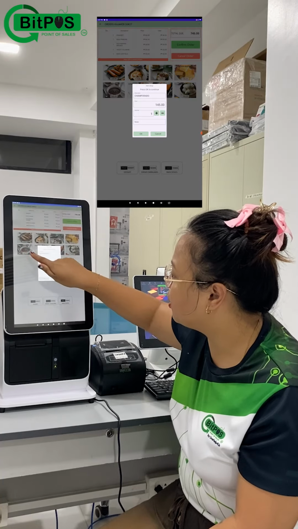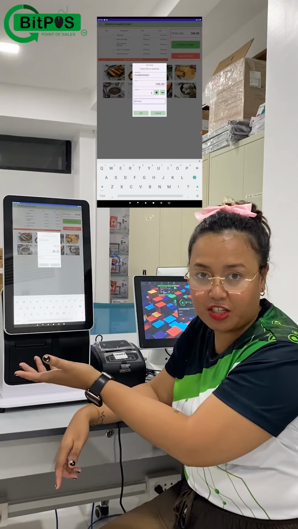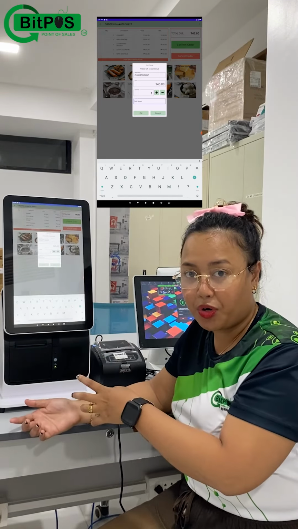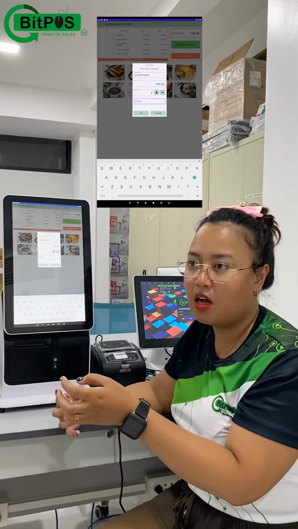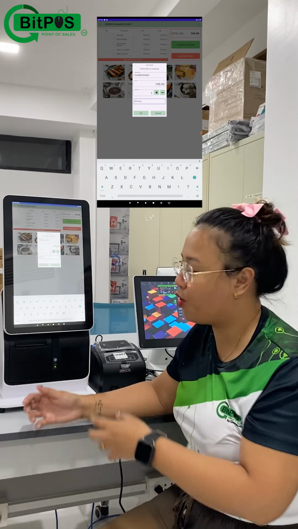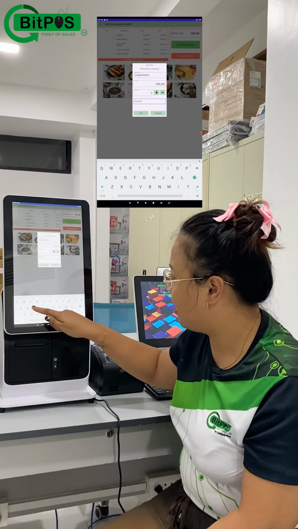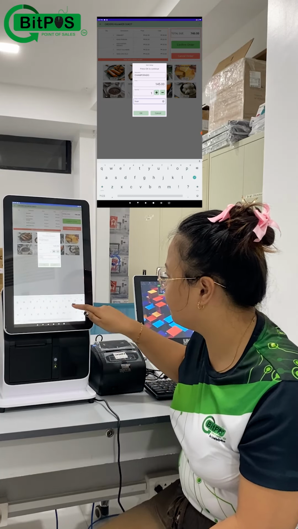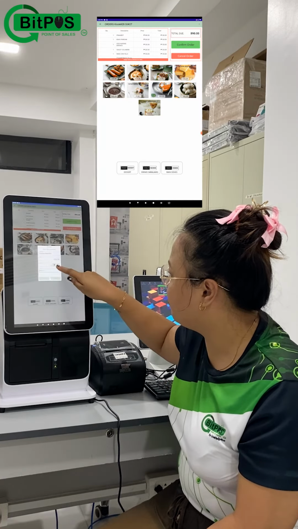And you have an option to key in a note that will get printed out as well in your order slip. Probably if you have allergies or if you want to modify your orders, adding something like sugar levels or level of spiciness, you can do that here in the system. So here I am going to input sugar, please. And then tap OK. Next, I'll be adding more.